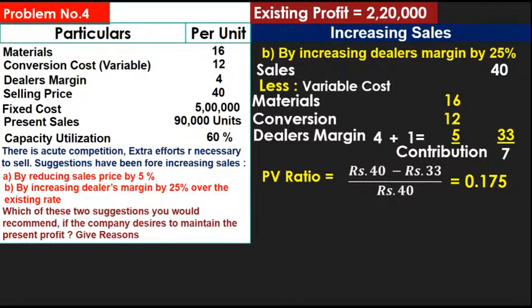0.175. Okay. If there is any change in the variable cost or the selling price, automatically there is a change in the PV ratio. That's why you have calculated the PV ratio. Okay, sales is equal to,